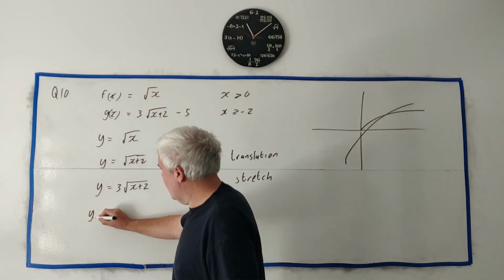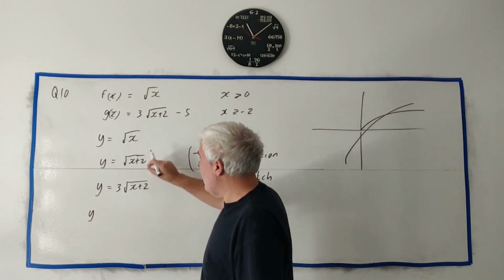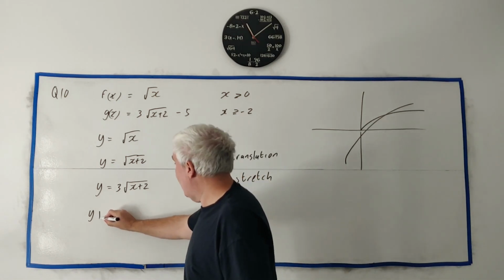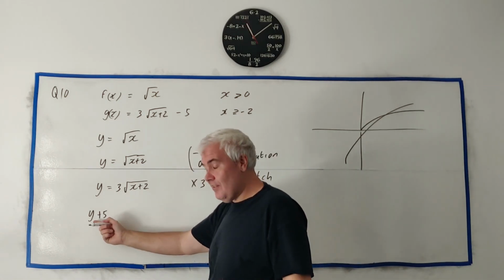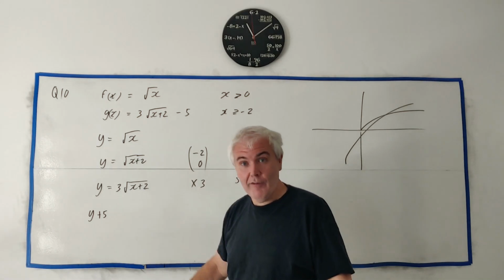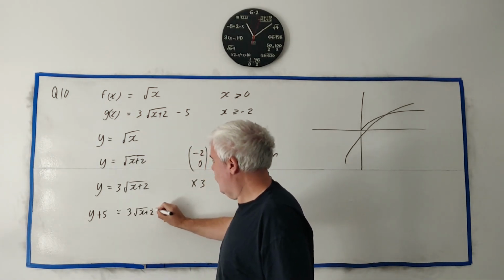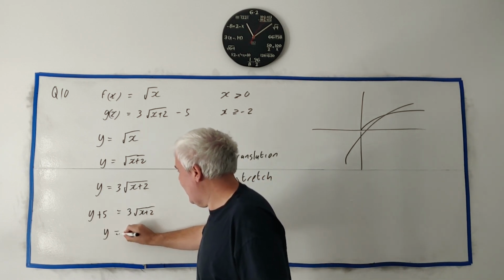I'll write this twice just to explain what I was talking about. We added to the x, moved it left. We add to the y, moves it down. Equals 3 square root of x plus 2. Although a lot of people just write that as